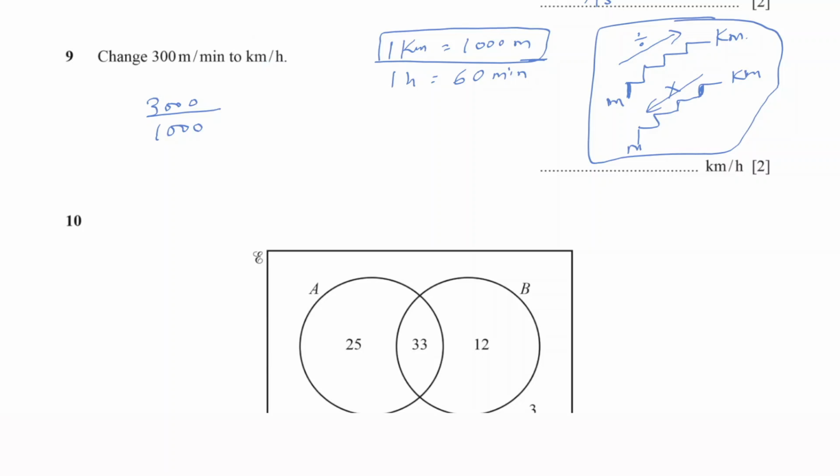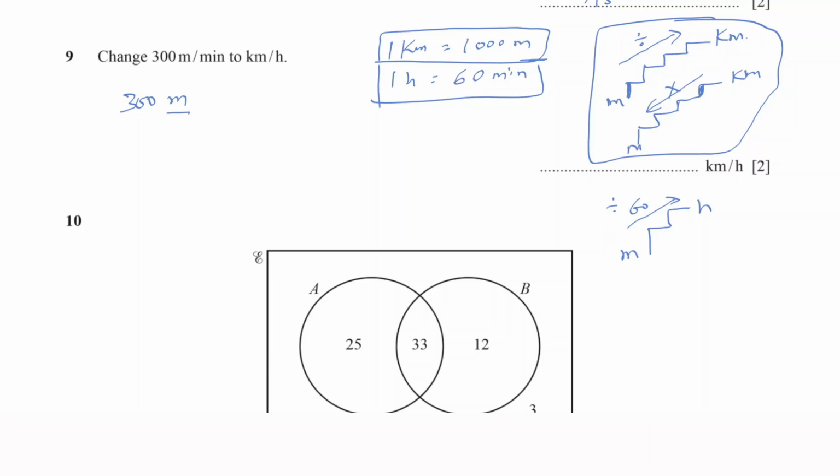The same case is applicable with any of the units. Minute to hour: minute will come down and hour will go up. So I have to divide, and divide by what? Because 1 hour has 60 minutes, I have to divide by 60. I hope you understand. Now let's solve the question. Okay, the concept is clear. Let's solve the question. We have 300